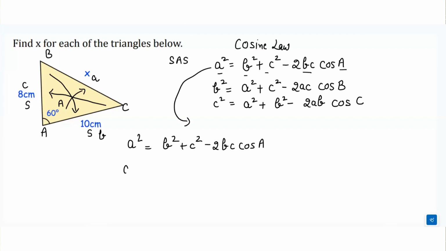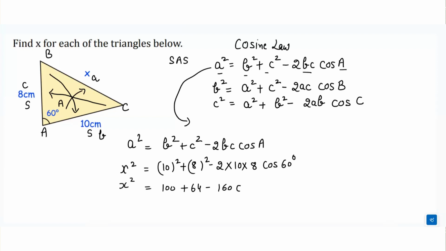A square, in place of A square, I will write x square is equal to B. What is B? B is 10. So, we'll write here 10 square. What is C? C is 8. 8 square minus 2 into 10 into 8. The value for angle, cos A, is cos 60 degree. So we'll write down here x square is equal to 100 plus 64 minus